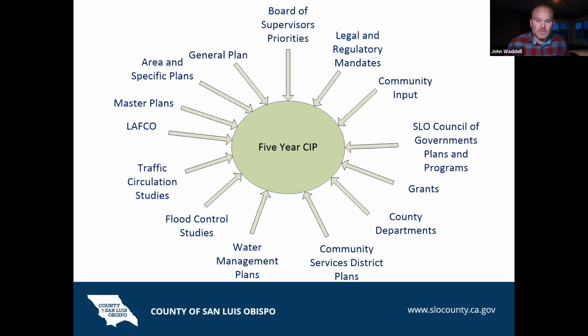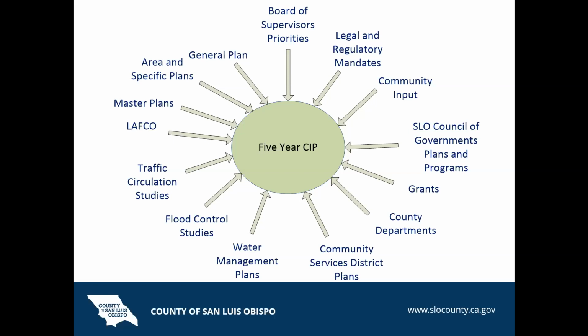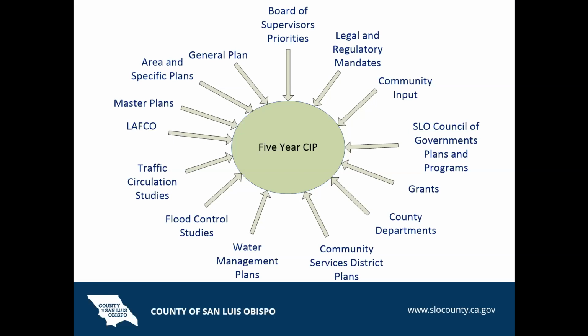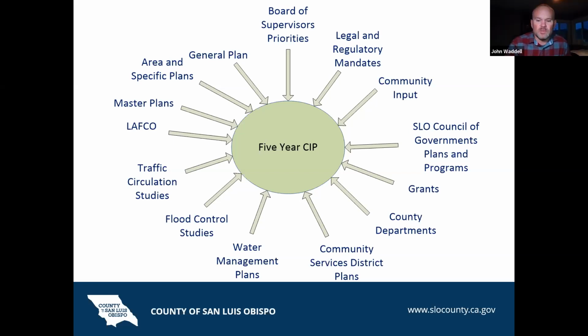So these projects go through a review process at the county. It involves the requesting departments within the county. We have a capital improvement project executive steering committee that reviews those as we start putting each annual plan into place. If the projects are deemed viable and consistent with our county's priorities, and if environmental approval and funding are obtainable, then the projects can proceed and be included in the plan to then be adopted and approved by the Board of Supervisors.